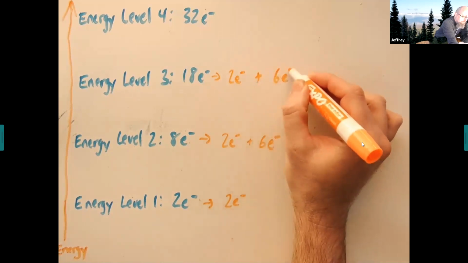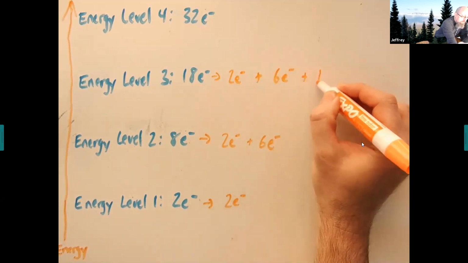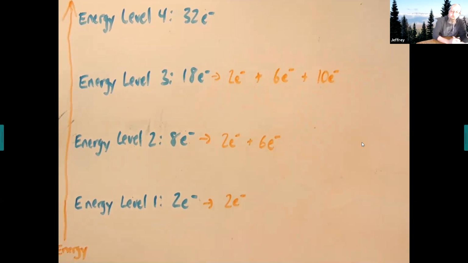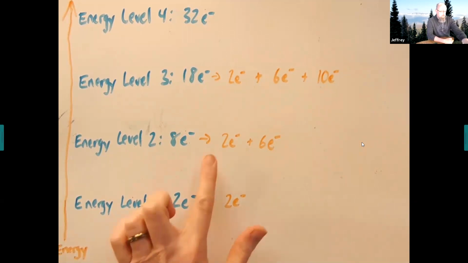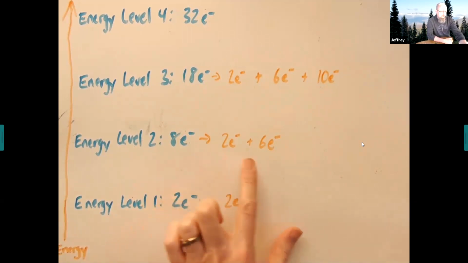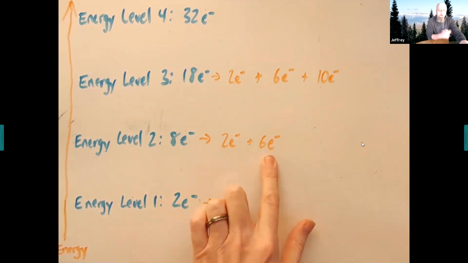A group of 2, a group of 6, and a group of 10 electrons. When I say these groups, what I mean is electrons that have the same energy. The electrons in level 1 all have the same energy, both of them. In level 2, the 8 electrons are divided into 2 groups: a group of 2 with the same energy, and then a group of 6 with a different energy, but the